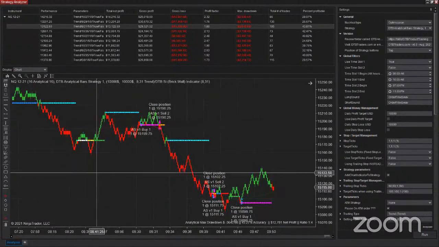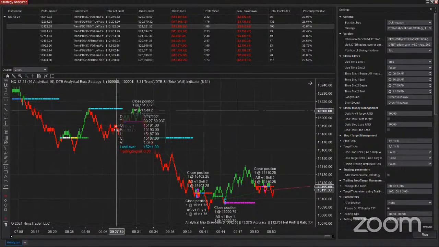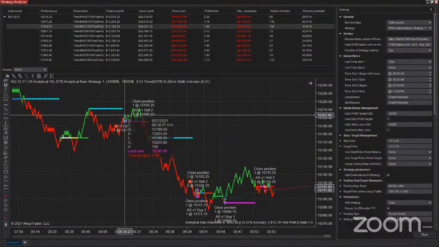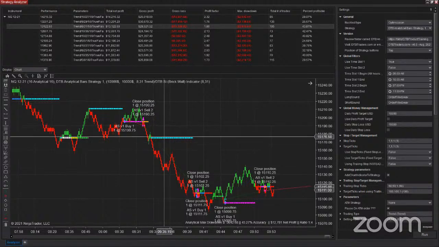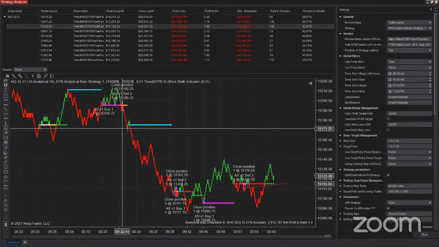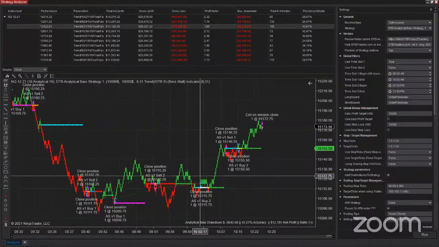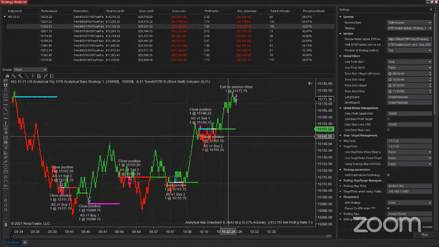So the strategy was operating from 9 o'clock, but the first position would have entered from 9:30. So basically at the open, that's why I activated the strategy before the open, because generally at the open you can have some positions. But between the open and right now, these would have been the positions that the strategy would have entered without any stops or targets, just running continuously, and would be up basically $2,000. So that is how you can